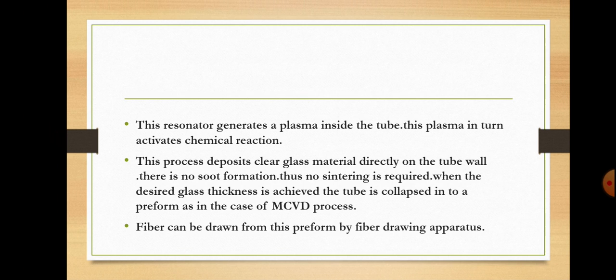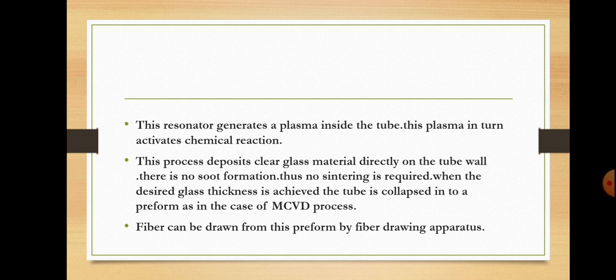This resonator generates plasma inside the tube, and this plasma in turn activates the chemical reaction, and this process deposits clear glass material directly on the tube wall. There is no soot formation because there is no heating by furnace, and thus sintering is not required here. In sintering, we transform the soot into fine glass material by a heating process, without melting. Here there is no soot formation, so there is no need of